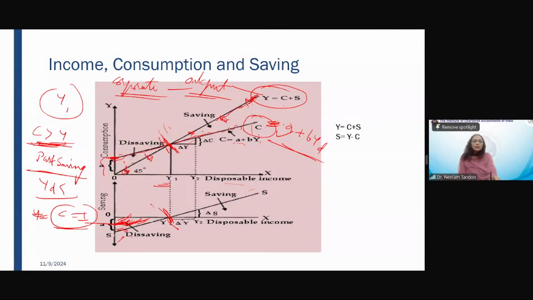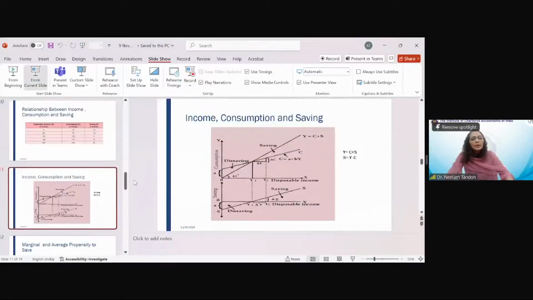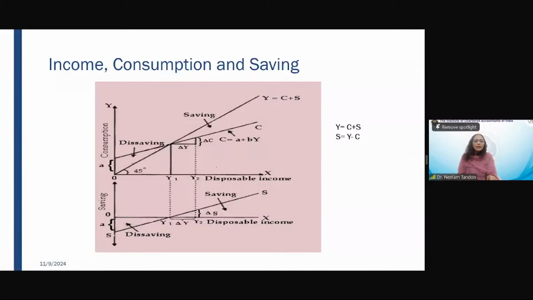Yes, so at this point, whatever is the output has been consumed. So that means this is the point of equilibrium. Now, if you go to right side of this y dash, if you see on the right side of this y dash,